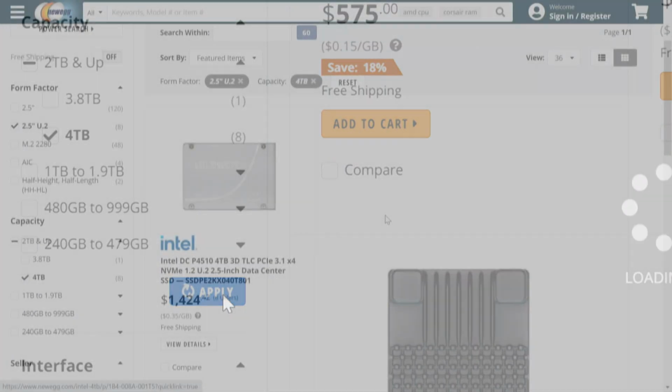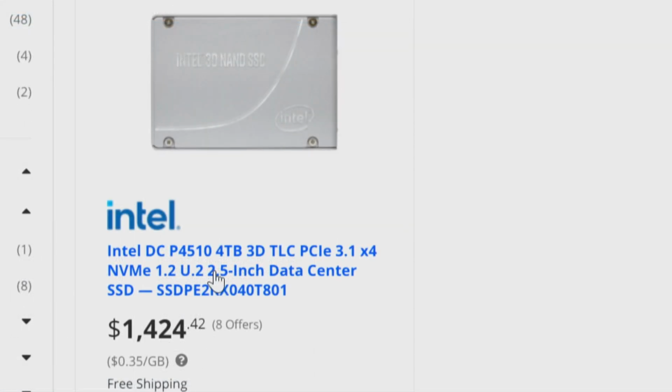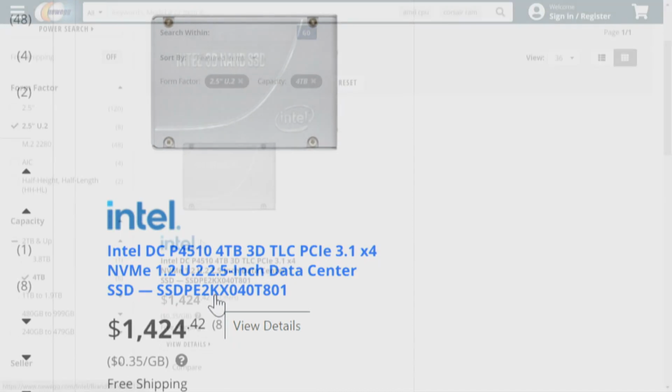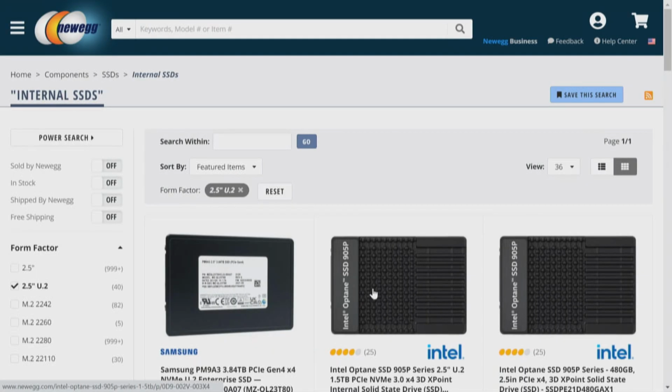It says there's 8. And we find 1. So this is an Intel 4 terabyte TLC. It's PCI Express 3.1 by 4, and it is 4 terabytes. Let's go back, and this time we'll remove that. Instead of looking at 4 terabytes,